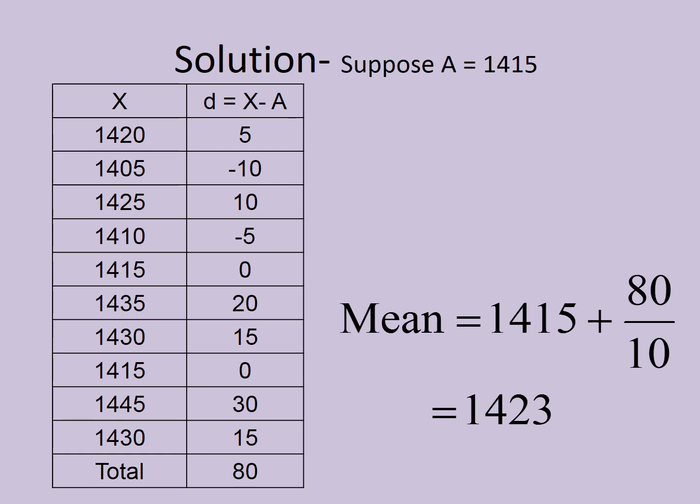Now you can think, what is the need of this shortcut method when the normal method is easier? This can be easy for this short data set, but when you have 100 or 200 observations, in that case this shortcut method can be useful to you when you are doing it by hand or manually. Nowadays many softwares and excel sheets are there, which can help you to calculate the average very easily.